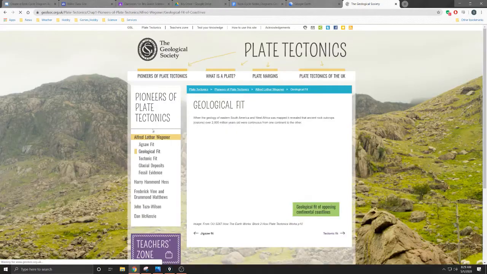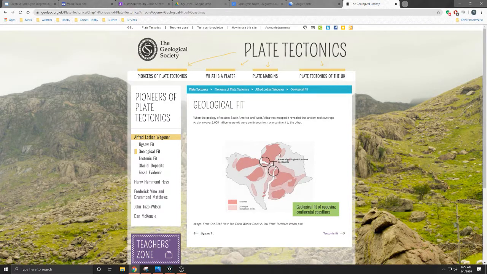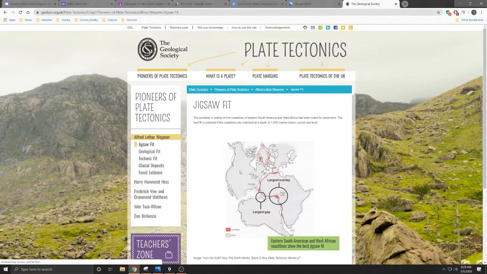The geologic fit of those particular plates, we can look at the rock layers that line up on South America and Africa. That's going to be one. Obviously the jigsaw puzzle look that we see here, where North America, the Saharan northwestern portion of Africa, where Greenland broke away from the European plate and the North American plate here. And then we can see the area that would have become the Caribbean Sea here as South America rotated away from Africa. So we can see where these particular things broke apart.